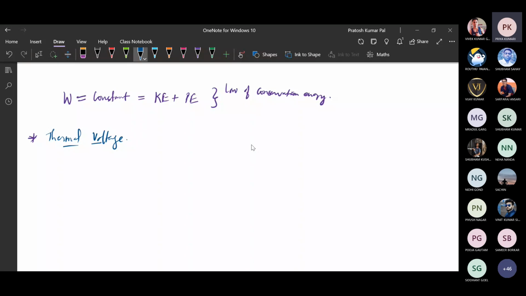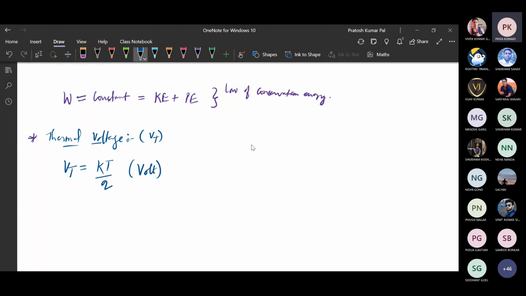Even if we are going to deal with diodes or different MOSFETs, this thermal voltage is the most frequently used term to represent different concepts. Okay, so here the thermal voltage is represented by VT. That VT is given by kT by q. So kT by q, this is the thermal voltage. The voltage is voltage, that means its unit will be volt. Okay, so Vt is kT by q.